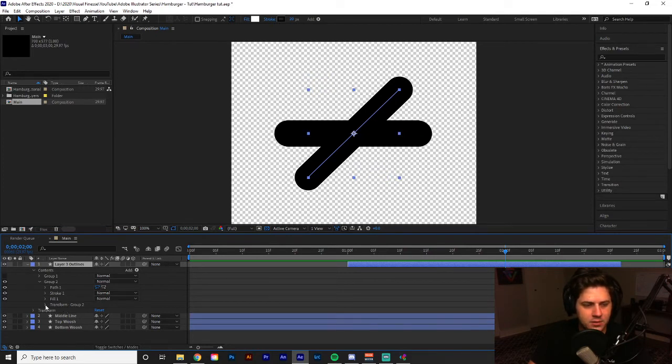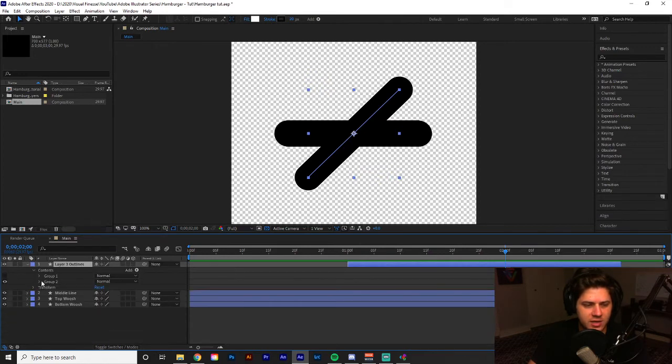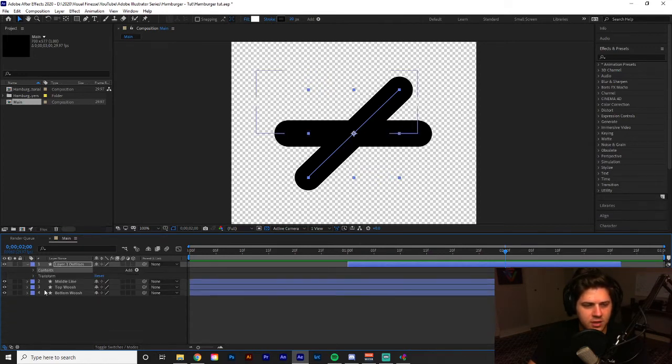Okay, and what we need to do is transform group 2. So you've got 2 transforms in here. If you open up this layer, you've got layer transforms, and then you've got